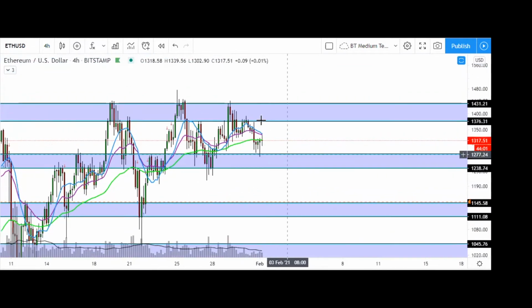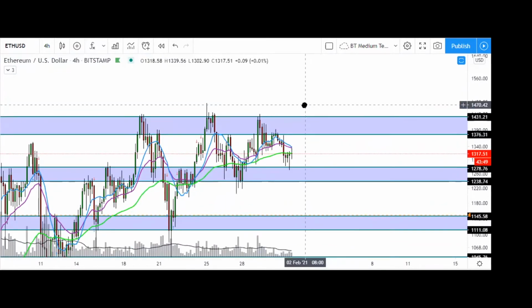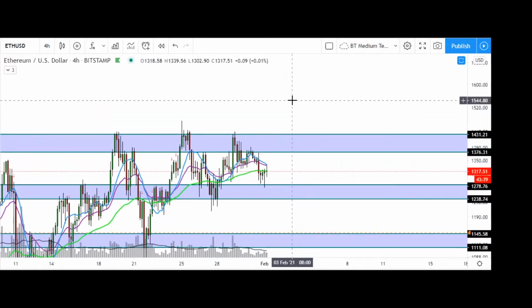But for now, I think Ethereum's pretty much going to grind out this range between $1,250 and let's call it $1,450. So let's see how it grinds out this range. As soon as we close a 4-hour candle above $1,450, I'd be looking for another extension up to the very least,